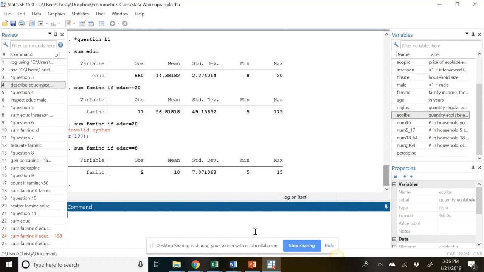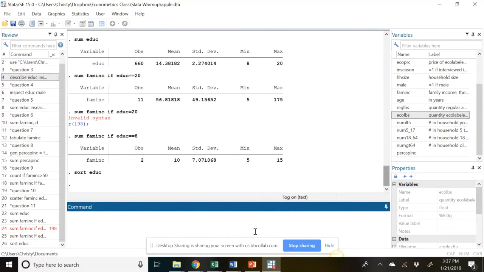So the rest of 11 says, for fun, we could try this another way, just to familiarize ourselves with a couple of other commands, those commands being the sort command and the list command. So what we could do is sort our data by education level and by income level. So I'm going to type sort. If you just type sort education, it's going to sort all of your